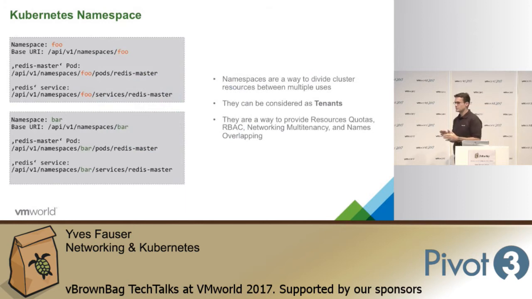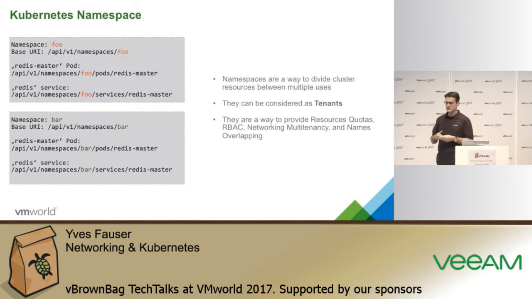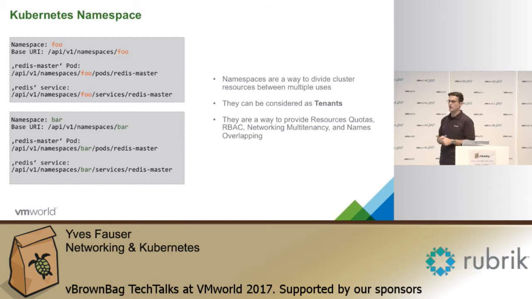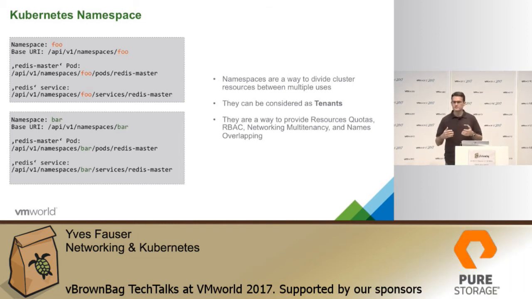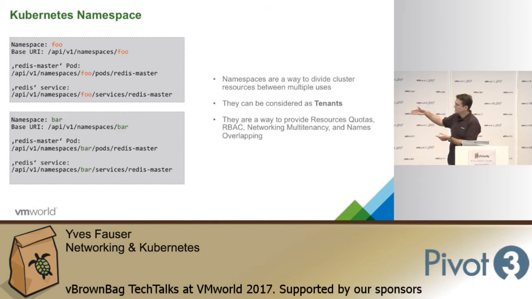Then we have an important construct, which is the namespace. In Kubernetes, the namespace started off as a name uniqueness construct. So here in this example, I have two pods called Redis master. And if they were in the same namespace, their names would collide. Kubernetes doesn't have concepts like UUIDs for resources, so this Redis master needs to be in two different namespaces, in two different pods, to have a